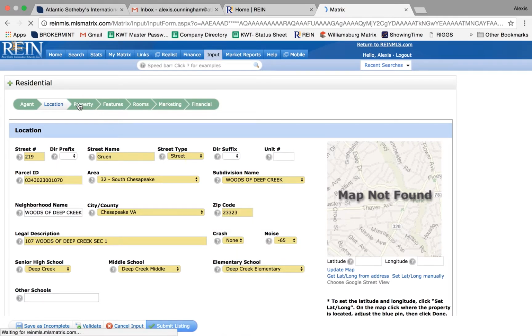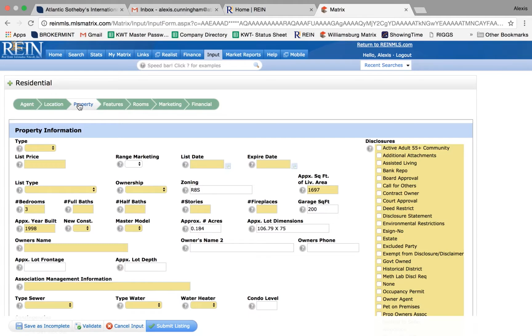And then we're going to switch over to property. It is detached. What I like to do when I'm doing a draft is I like to leave the list price blank, as well as leave the list date and the expiration date for a number of reasons. One, they could always end up changing their mind on the price, or maybe photos get pushed back and the live date changes, and it's just a couple things less that you have to go back and change,